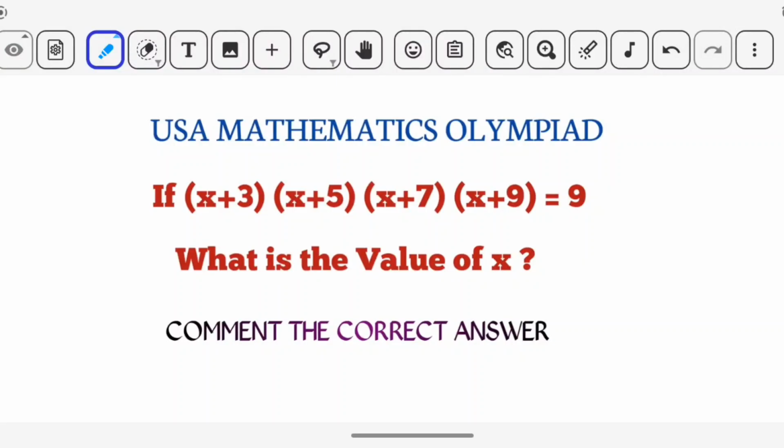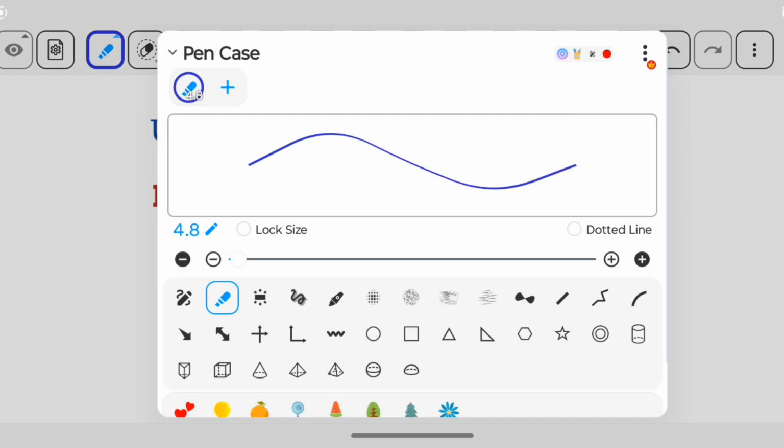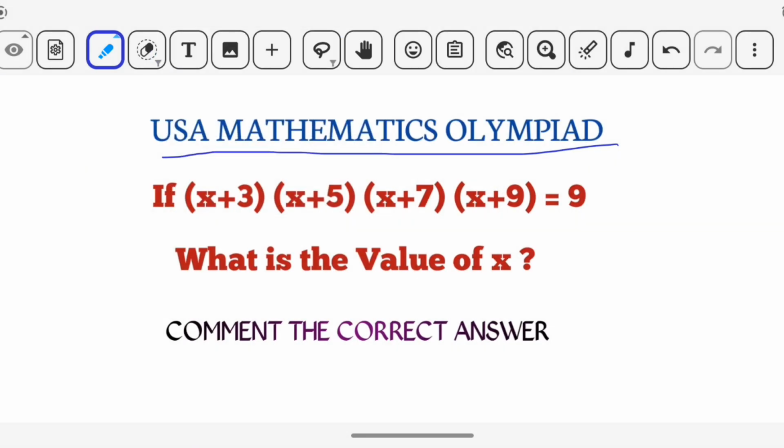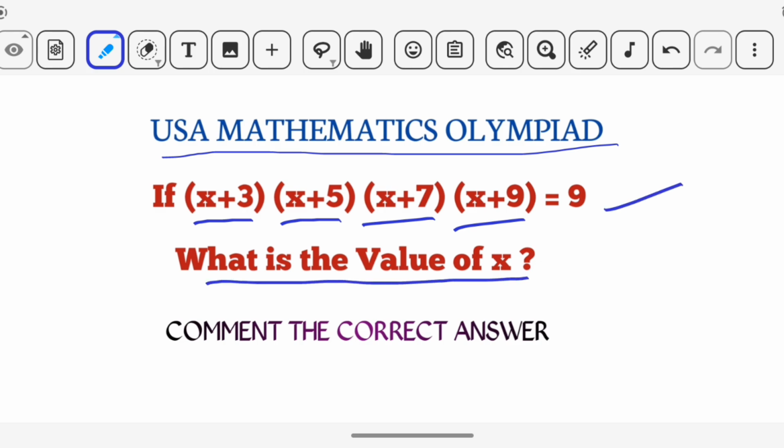Hey there, look at this USM Mathematics Olympiad question. The question is: if (x plus 3) multiplied by (x plus 5) multiplied by (x plus 7) multiplied by (x plus 9) equals 9, then what is the value of